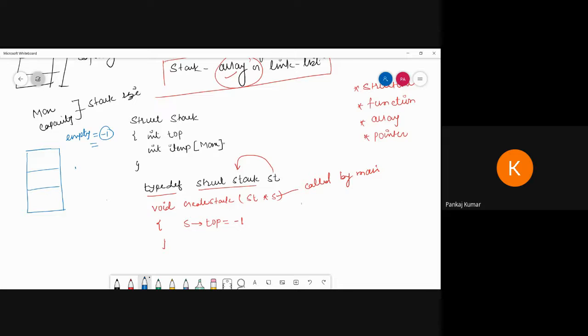I'm writing top minus 1. If maximum is equal to top minus 1, then it says that this stack is full. Suppose I am at position 5, then 4 minus 1, I get... that means not empty. Suppose I am getting 3 minus 1, so it may be full. 3 minus 1 means 2. So what is the maximum value? It becomes up to 2.